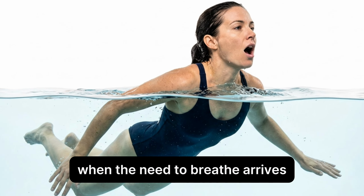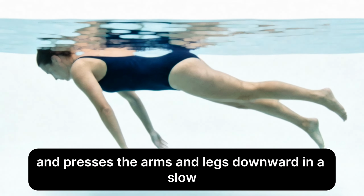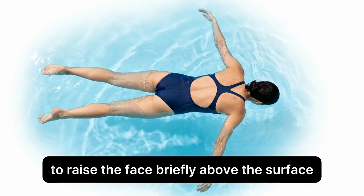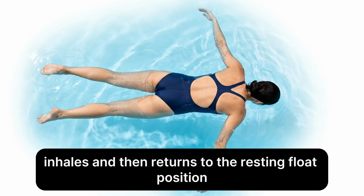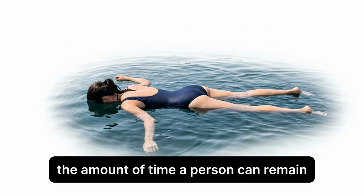When the need to breathe arrives, the swimmer gently lifts the head and presses the arms and legs downward in a slow, controlled motion to raise the face briefly above the surface, inhales, and then returns to the resting float position. The entire purpose of the survival float is to extend the amount of time a person can remain afloat